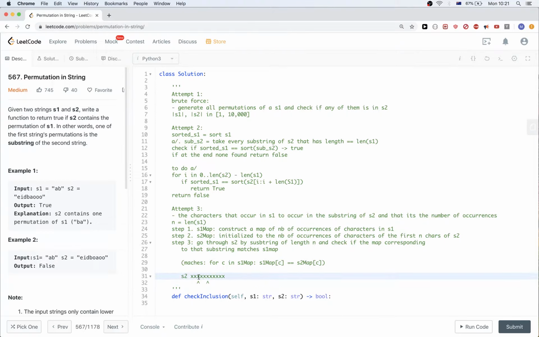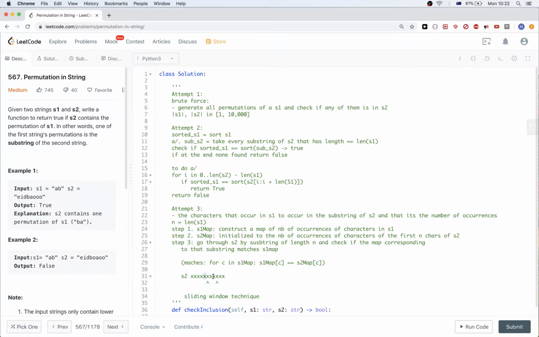And so the only thing we need to do is, we know that this character is no longer in our S2 map, so we just need to decrement the number of occurrences of that character, and this new character needs to be counted in S2 map, so we just increase the occurrences of this character. And so you can see what I'm doing here is very similar to a technique called sliding window technique. I'm just moving a window, and I'm